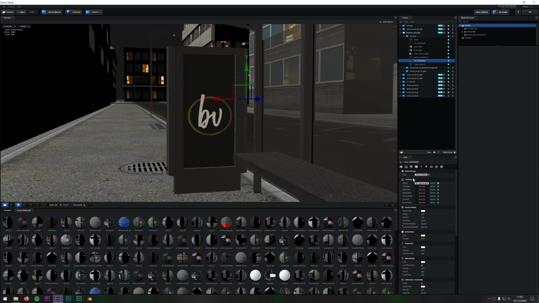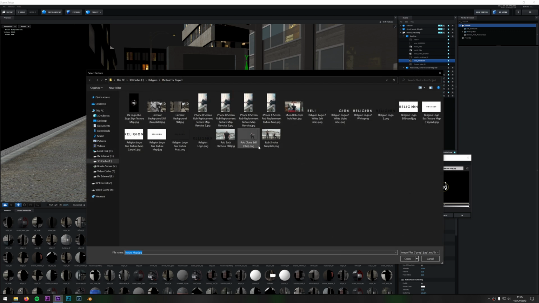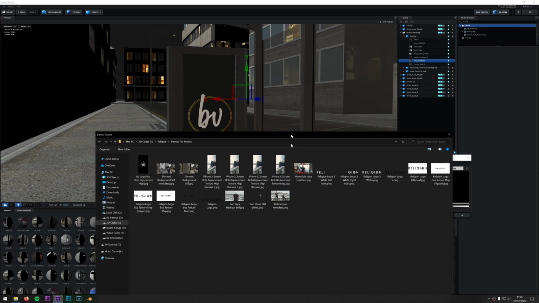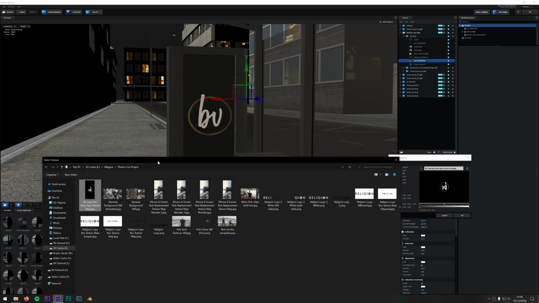And if you come down to where it says textures, there's an option for a diffuse, and if I come in here I can actually load in my own picture. What I did is I decided to put my logo in there. Now I actually had to flip it around, and the reason is because I think the normals of this object were facing the wrong way.